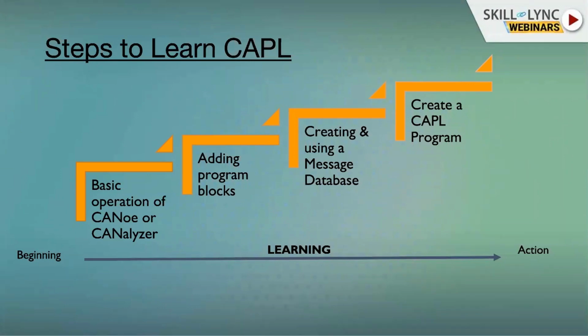These are the learning steps to explore CAPL programming. We understand the basic operation of CANalyzer, how to use the measurement setup and the statistics and trace window, how to save the configuration, how to enable the programming mode, how to enable the generator block, how to log the data, CAN communication data, and things like that. These are all the basic steps to reach CAPL programming.